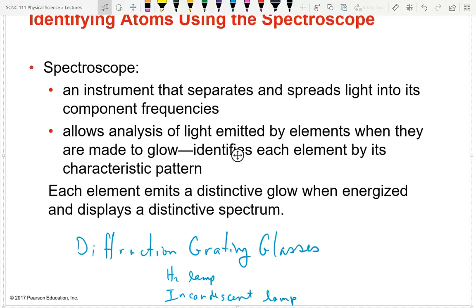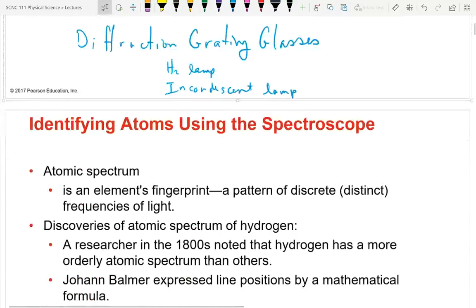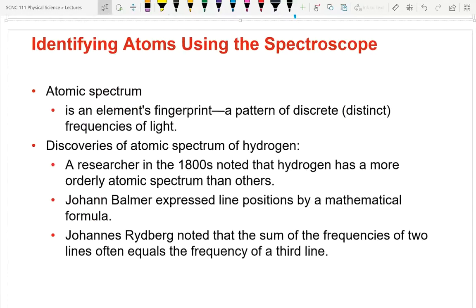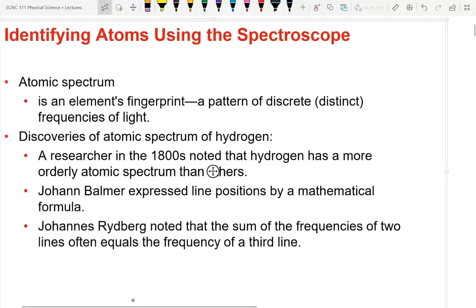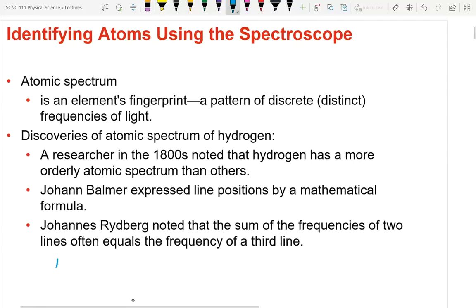So what we looked at was the spectrum, the different colors that the elements emit. You can think of them like a fingerprint for the elements. If it's hydrogen, it's going to have this specific spectrum. If it's helium, it's going to have this specific spectrum. Different gases will have different spectrums. And in the 1800s, people noticed that something like hydrogen has a very ordered spectrum, and Johann Balmer came up with a mathematical equation to describe the wavelengths. And the equation that Balmer came up with is